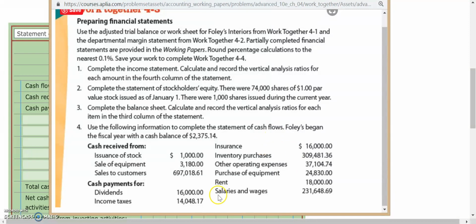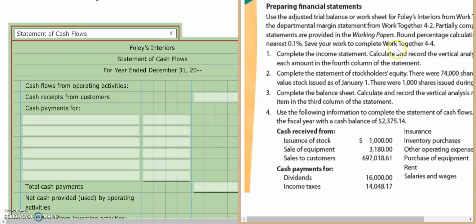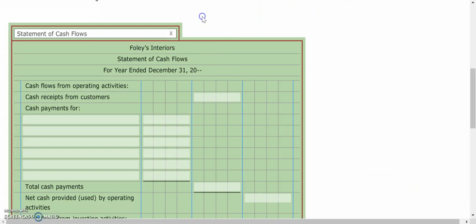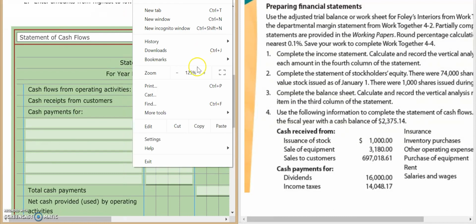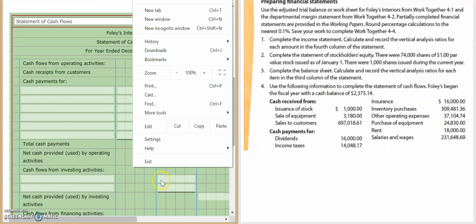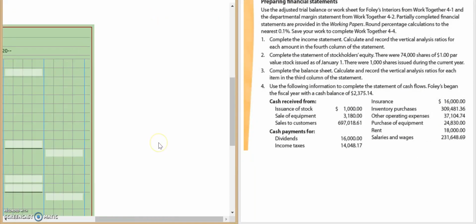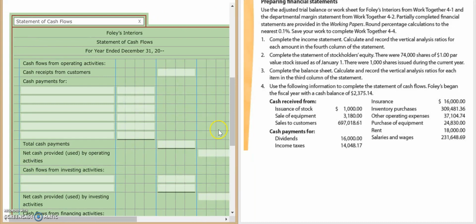So we're going to need to reference our instructions here a little bit more. So I'm just going to pull that off to the side here. Will that be helpful? See if this works. I'll bring this down a little bit. Okay, a little bit better. Okay, so first things first, over in our statement of cash flows, our cash receipts,